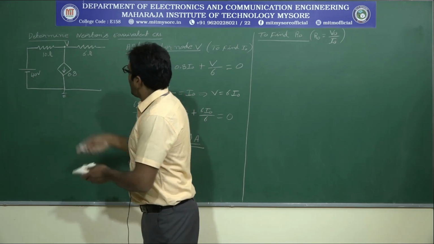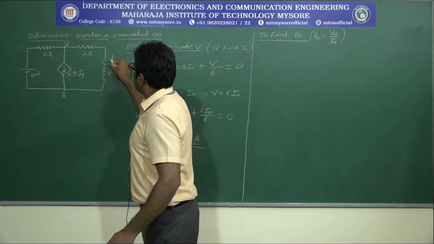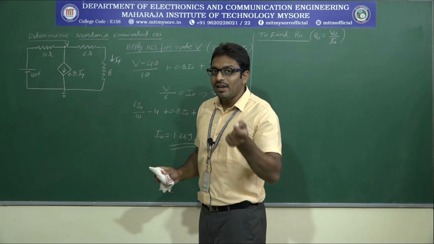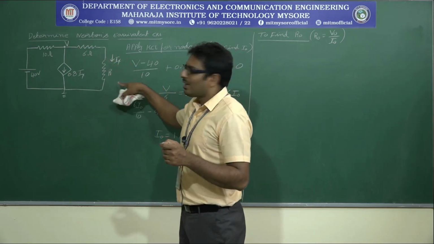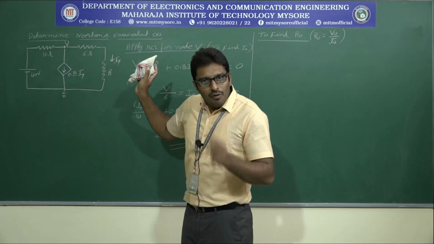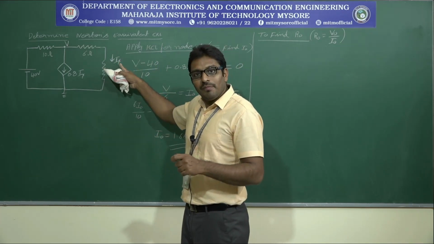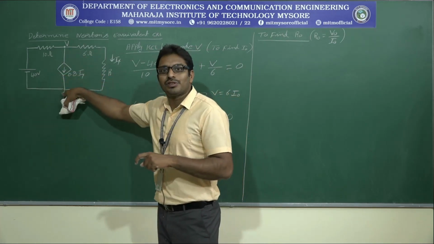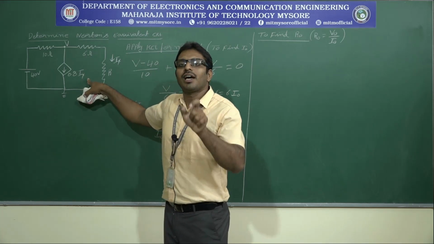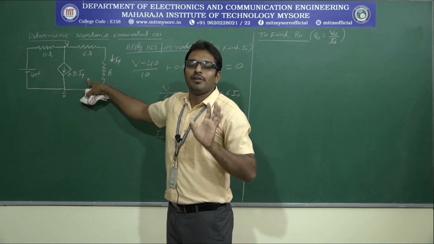What was the current here? Ix, then this is the resistance. What is the current flowing through this one? Ix, right? So what is the procedure to find out V naught, I mean Thevenin's voltage? Remove the load, right? Before that, the current flowing is Ix. When this load is removed, it is just like an open circuit. Ix becomes 0. Ix is the dependent current source, so just substitute 0.8 into 0, that is 0. If the current source value is 0, it is nothing but an open circuit.